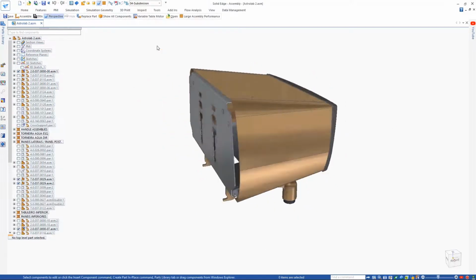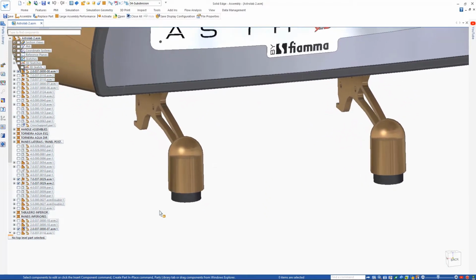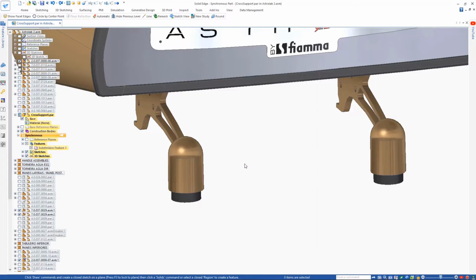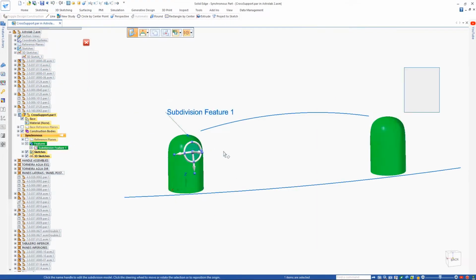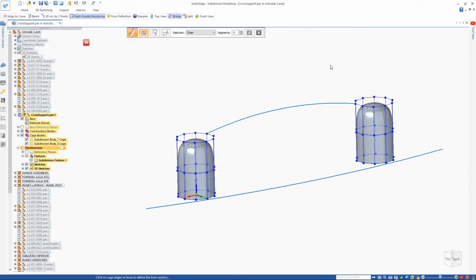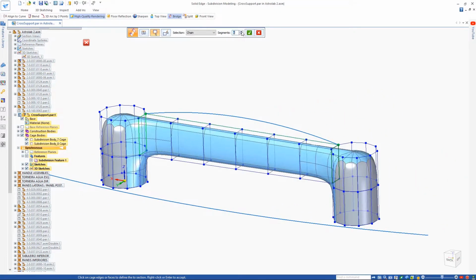Solid Edge 3D design can unlock your imagination using automation to streamline common tasks, improve performance, and boost productivity. Complex shapes are created even faster with the addition of new enhancements in Solid Edge, as shown here on our espresso machine. The new bridge command effortlessly connects edges or faces of subdivision cages and creates a lofted structure between